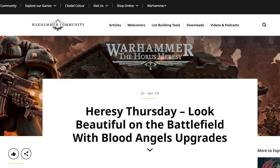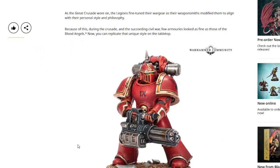Looks like we've got a Heresy Thursday, a bit of a late one, do apologise. But it's a full-sized Heresy Thursday. Looks beautiful on the battlefield with the Blood Angel upgrade. So, it's another upgrade set, much like the Sons of Horus one that we saw before. I'm very surprised that we're getting the 9th Legion rather than going for, say, the Imperial Fists, but, you know,